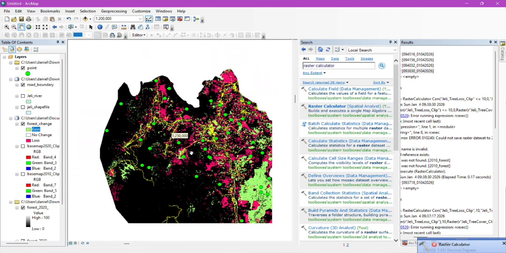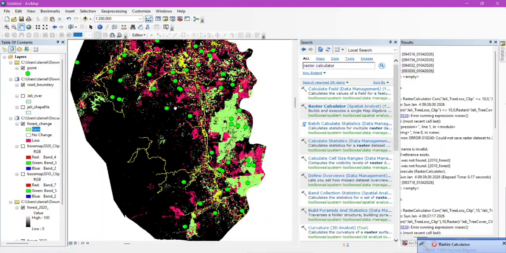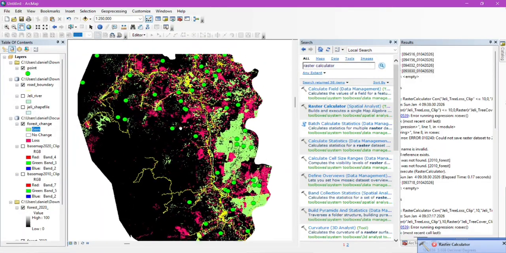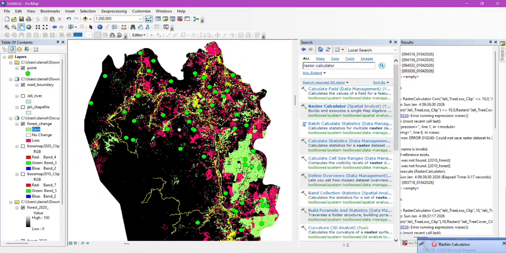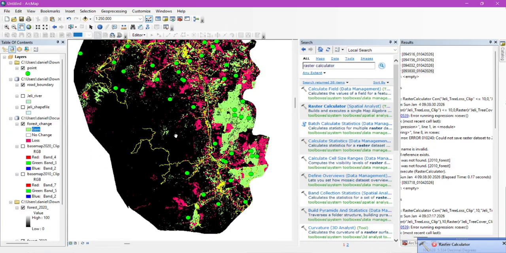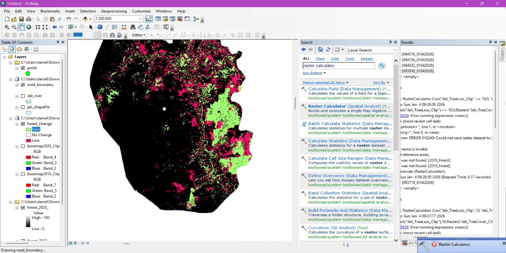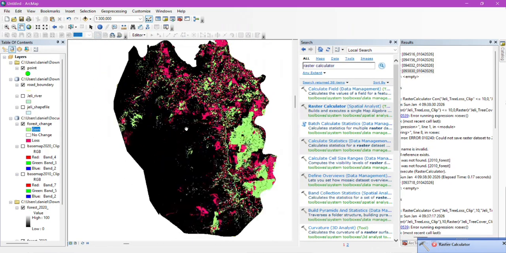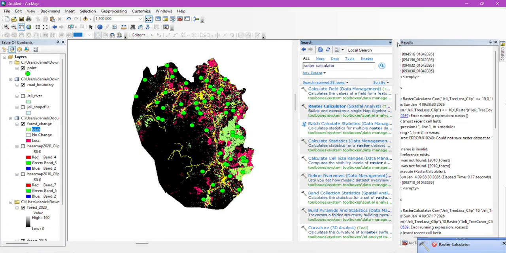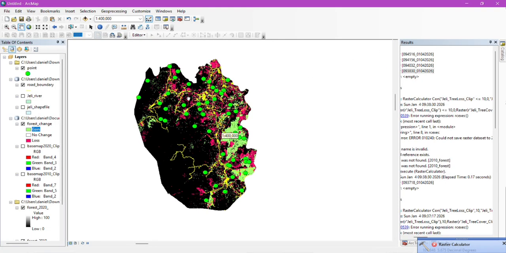Green for gain, the tree gain from 2010 to 2020, and red is loss, which shows some development happened in between those years. Alright,